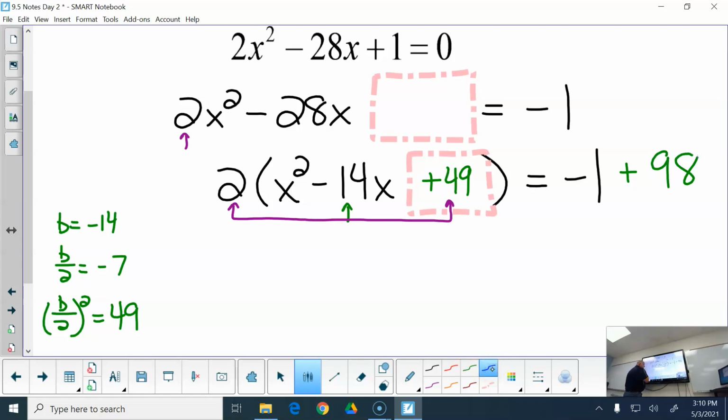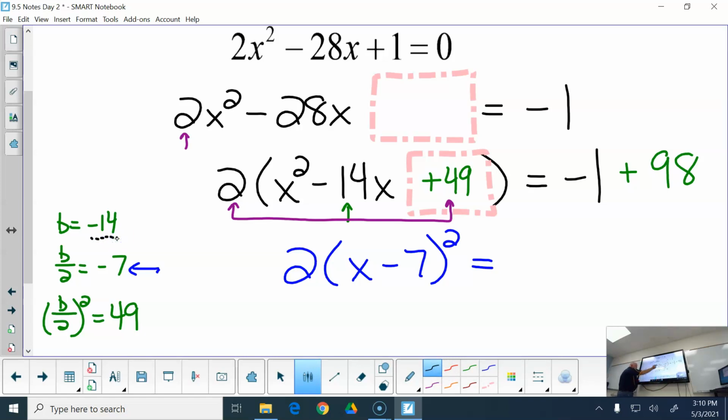So then this would become in factored form. This number here is what goes inside this set of parentheses. Okay? So this number here is what I get from my b. This number goes inside the second set of parentheses. This number, the 49, goes into my first set of parentheses. And on this side over here, this would just be 97. Okay? And that's where I'm going to stop here